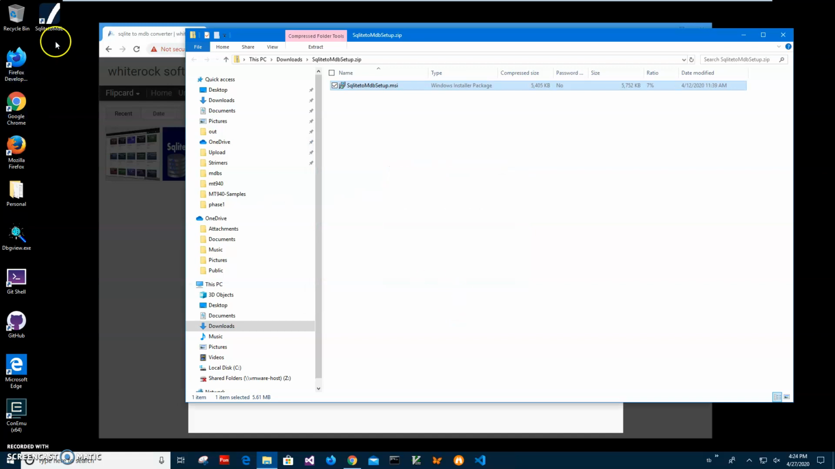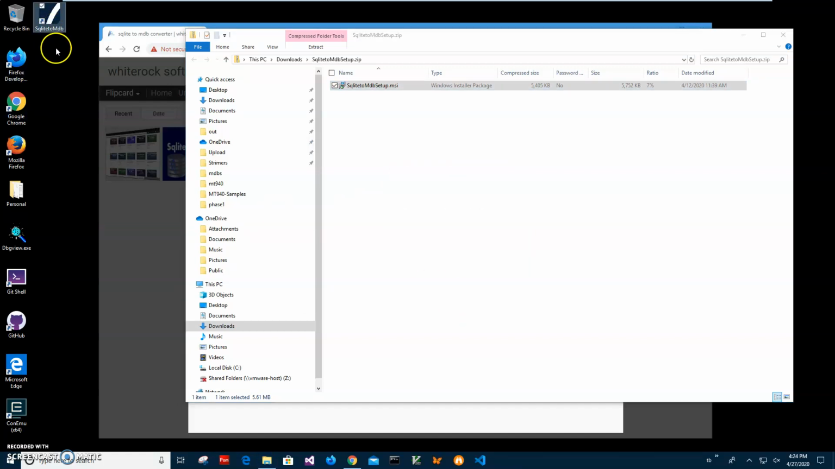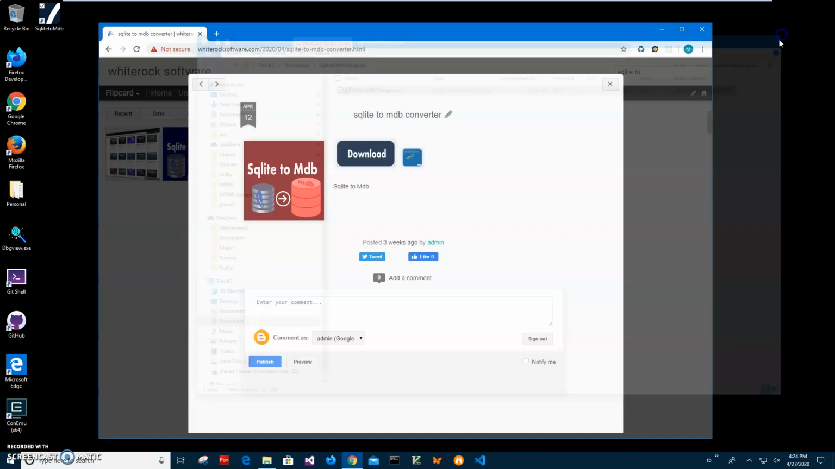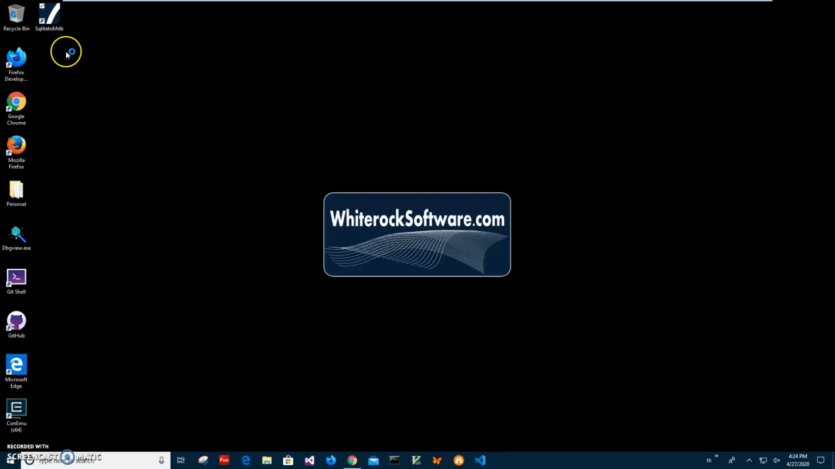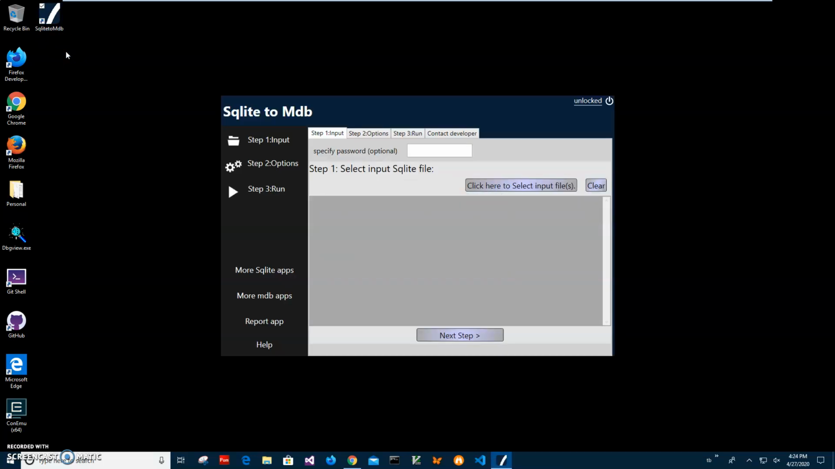And now you can see app has been installed on my computer. I have a shortcut on my desktop. Now I can close this, minimize this, and double click on shortcut to launch app. Now conversion is a 3 step process. On first step, I will have to select